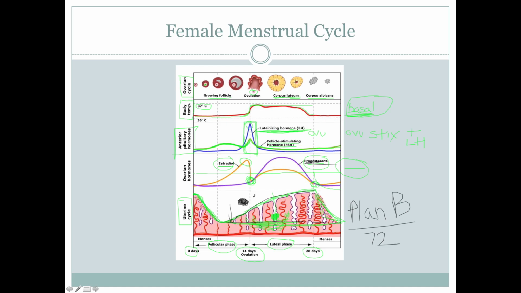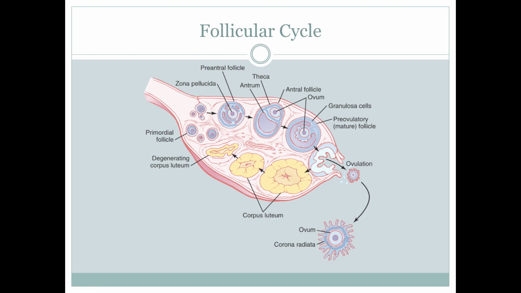But now let's back up and just talk about the ovaries. Okay, so the ovarian cycle is dependent upon the maturing of follicles. So you'll also hear it called the follicular cycle because the follicles will go through these phases of getting big and then being ovulated and then regressing. And this is happening constantly. And when ovulation happens in one ovary, the other one is essentially gearing up for this.